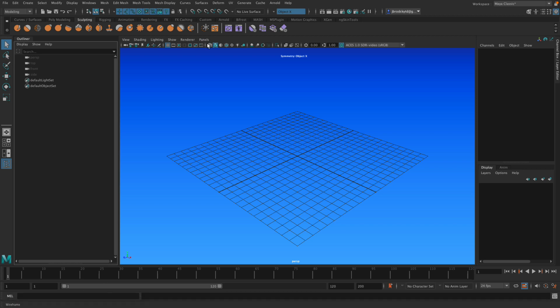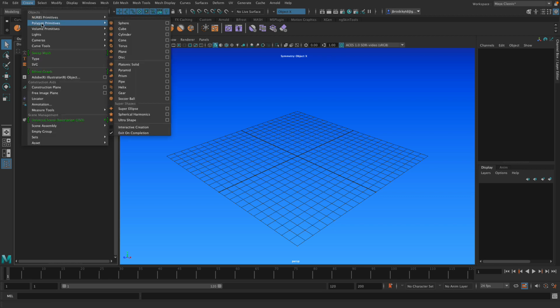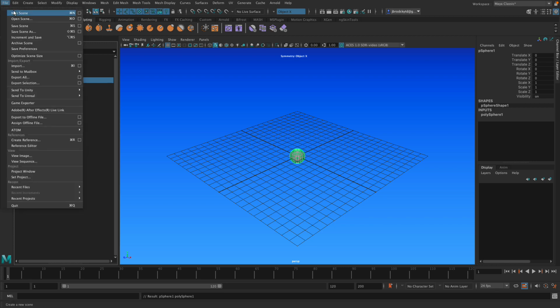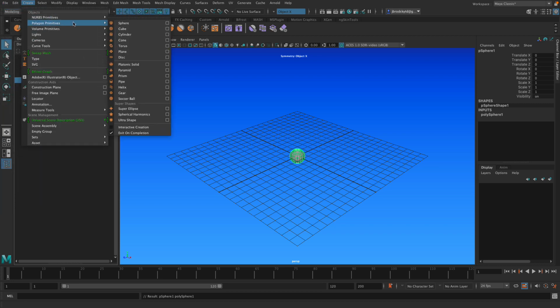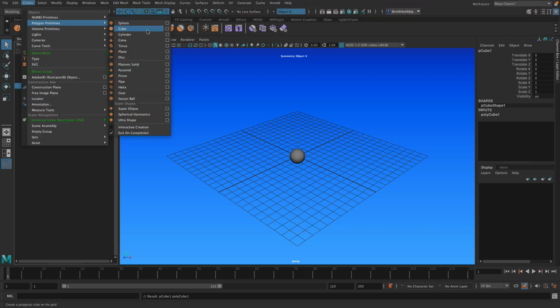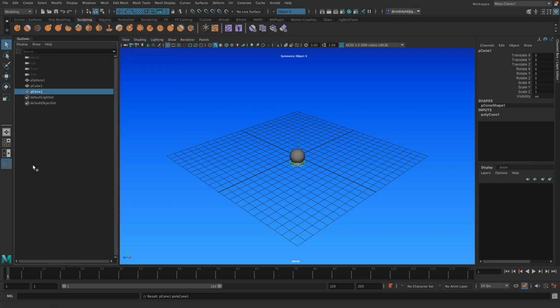So let's talk about hierarchies real quick. Let's just make a couple of objects or shapes. Let's go to create, and we'll go to polygon primitives, and you could make whatever you want: sphere, cube, cones, any of those things. I'm going to make one of each. So go to create, polygon primitives, and then you could pick different ones. I'm just going to make 3 to start out, and I have my outliner open, and if you don't have yours,